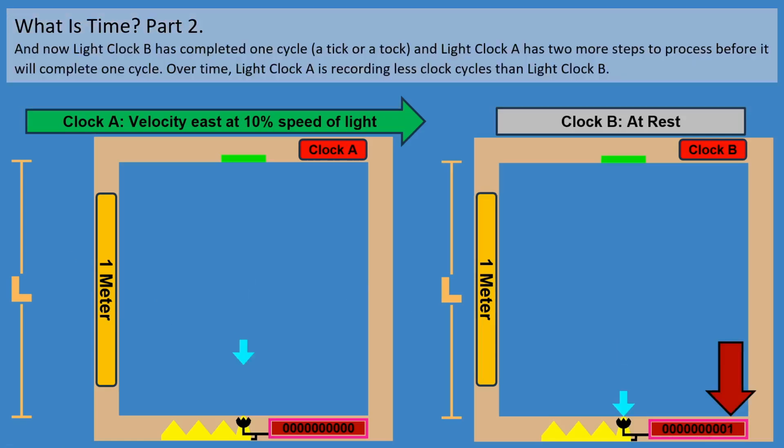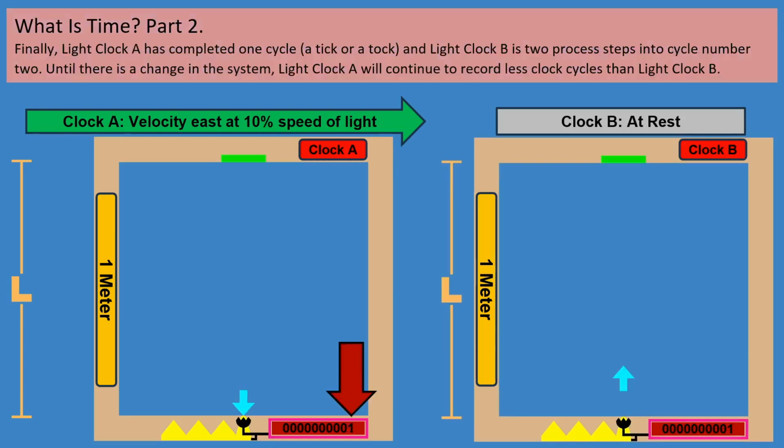We can continue until light clock B has now completed one cycle, a tick or a tock that we can measure, and light clock A has 2 more steps to process before it will complete one cycle. Over time, light clock A is recording fewer clock cycles than light clock B. And the two light clocks continue to process until finally, light clock A has completed one cycle, a tick or a tock that we can measure, and light clock B is 2 process steps into cycle number 2. Until there is a change in the system, light clock A will continue to record fewer clock cycles than light